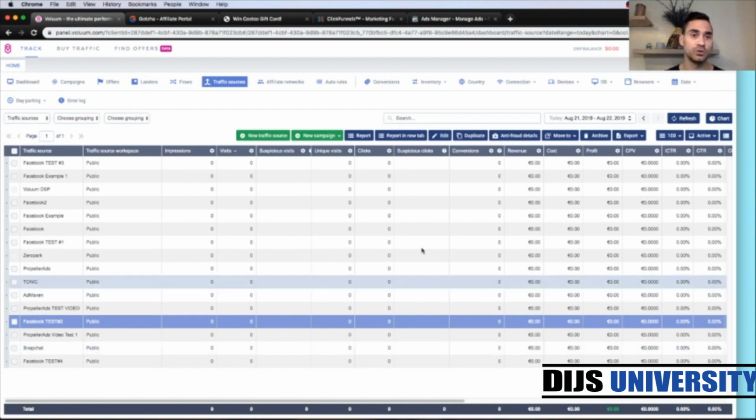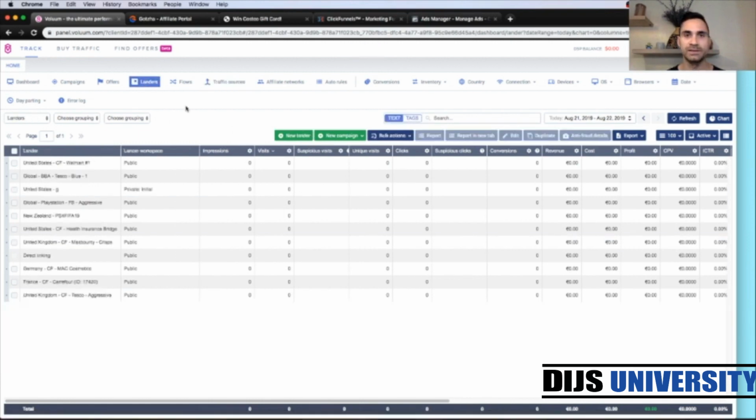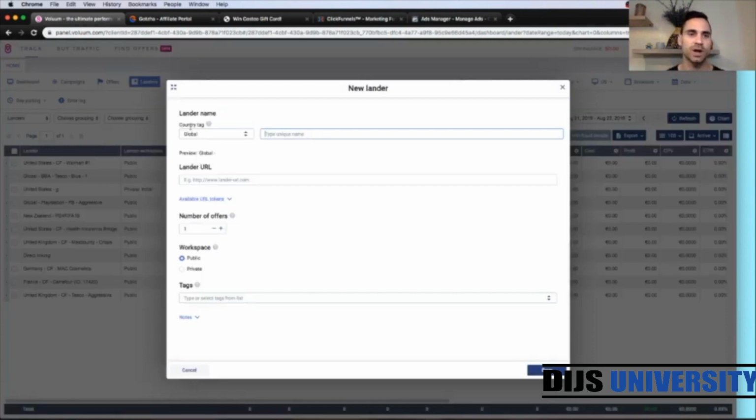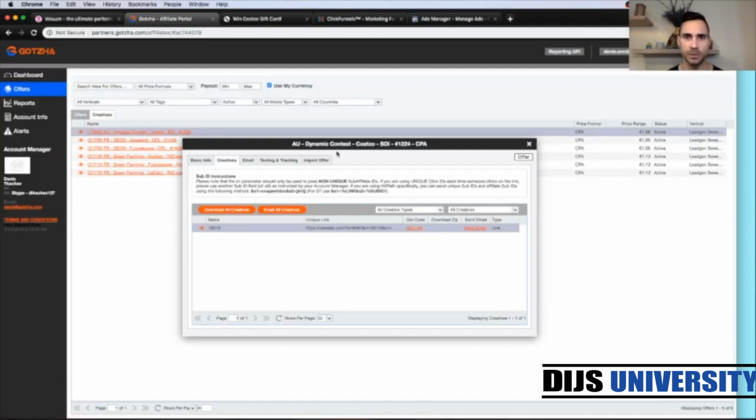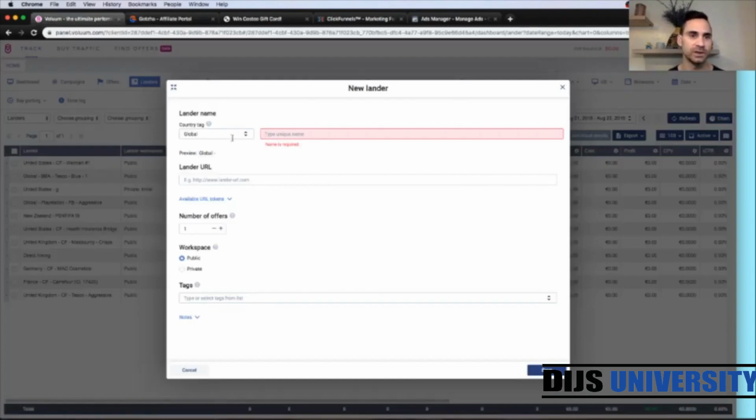So let's jump to the lenders elements, which are up here, and we're gonna then go to ClickFunnels to grab the funnel URL. So you're gonna click on new lender. First, you're gonna choose your country tag. So country tag is from the offer. So if we go to Gotzha, which is up here, so this is the offer I have chosen for today's video. So it's in Australia, and it is a Costco offer, single opt-in, a $500 gift card. So it is in Australia. We're gonna put for the country tag, we're gonna put Australia,